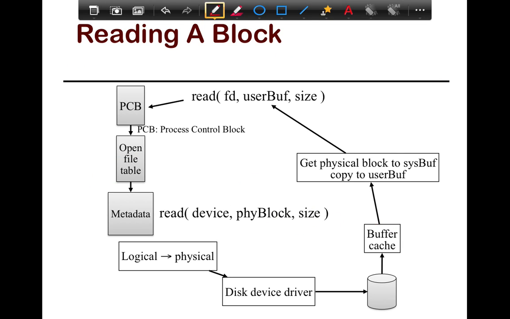So here's an example of how a block would be read. First you open the file table and you create the file descriptor. So you open the file and that's returned to you. Then when you do a read, the read call gets passed into the system and is translated. The user buffer and size that needs to be referenced in the file is translated into a physical block, size, and device parameter by the translation device driver layer, so by the disk translator.